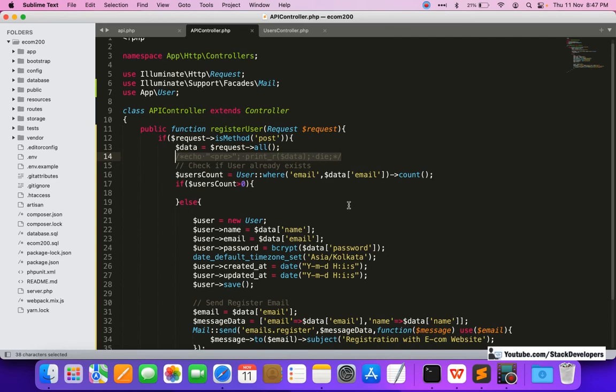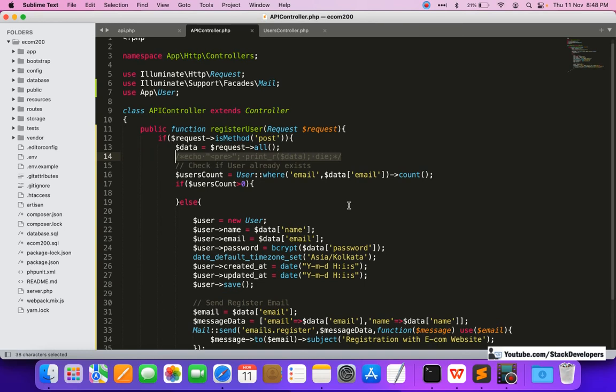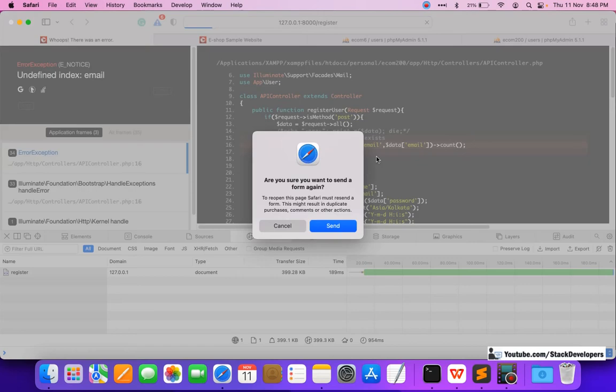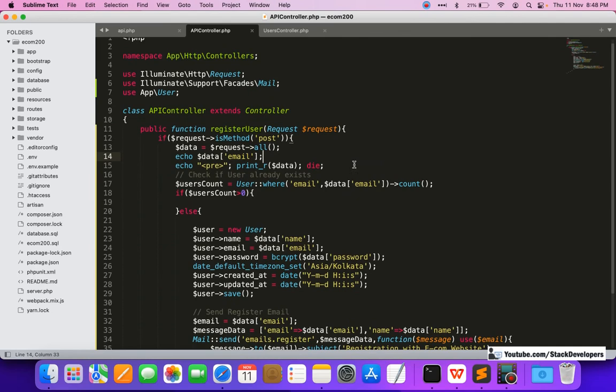It is saying undefined index email, but we are able to get that email. So let's see what's happening here. We are going to check dollar data email here, like this. The dollar data email is also not coming.